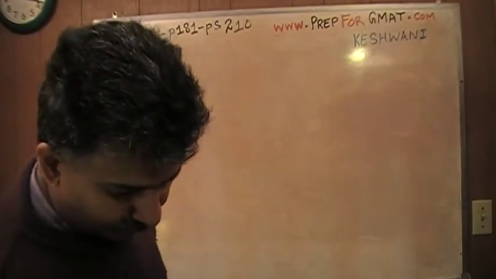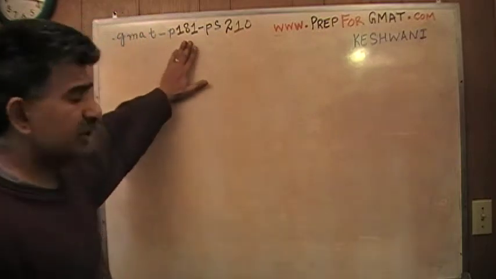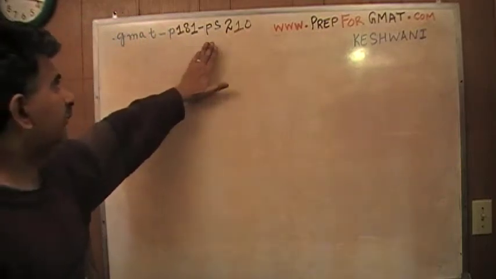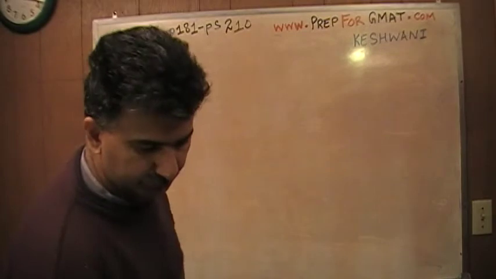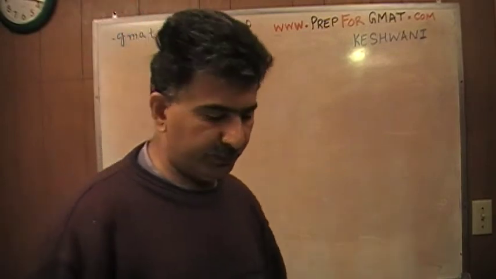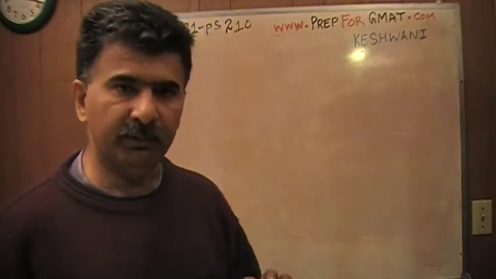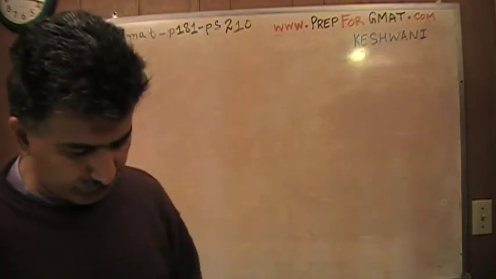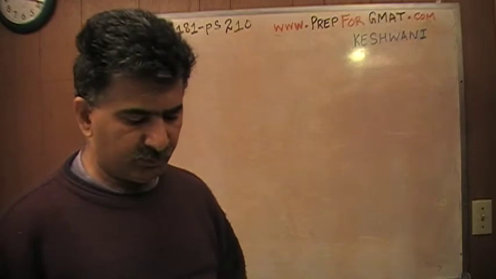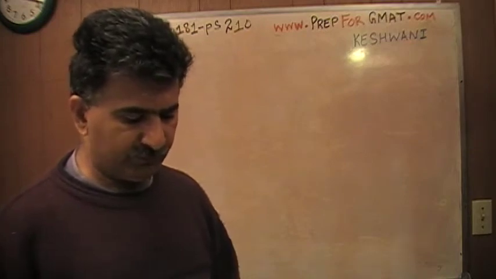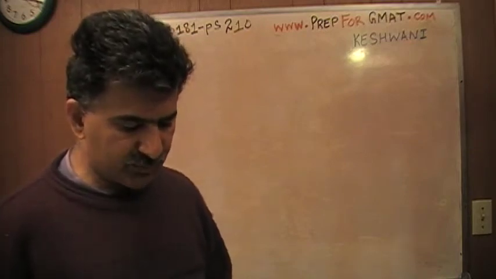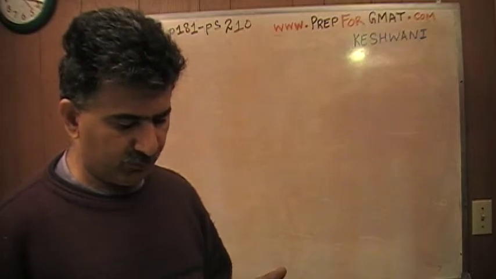The problem that I'm about to solve is the one that you will find on page number 181, problem solving number 210. Let's take a look at it together. Open the book, turn to page number 181 and read the problem with me. Because it's a long problem, you're going to have to read it with me. It says a television manufacturer produces 600 units of a certain model each month at a cost to manufacturers of